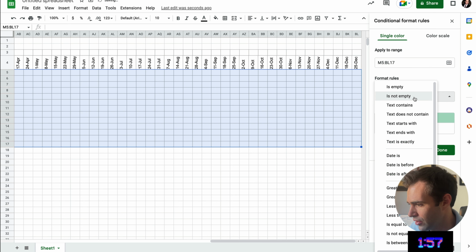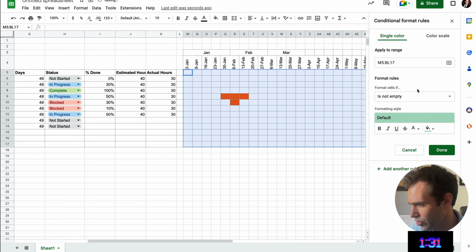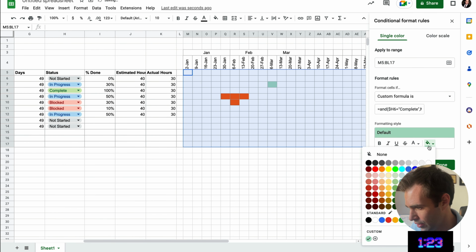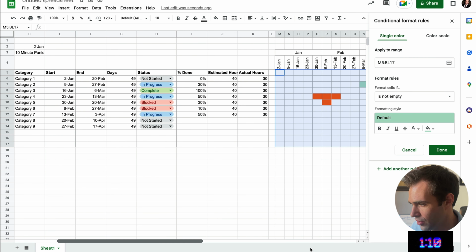Conditional formatting. And I want to do a custom formula, this color. Okay, next rule I want to do is the complete rule. Change it like that, done. Okay, another rule. I gotta stop talking because I only have a minute left. Okay, now I want an in progress